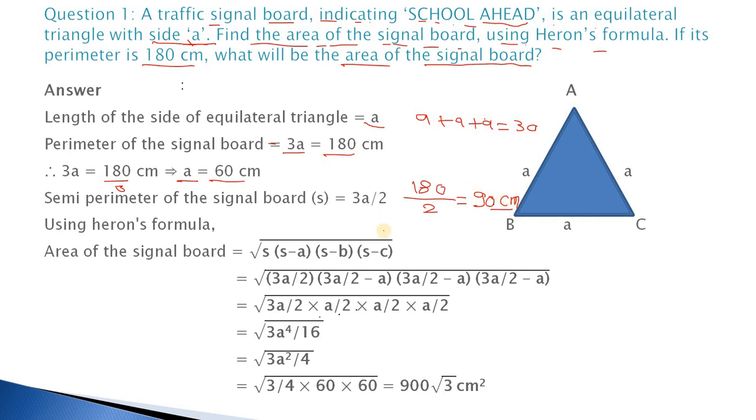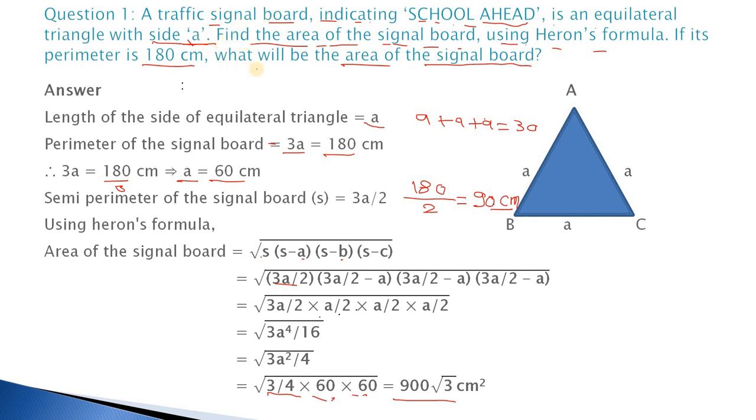Okay, we put the values of s, a, b and c in this formula, and using Heron's formula we calculate this. We get root 3 by 4 into 60 into 60, which is 900 root 3 centimeter square, the area of the signal board. Okay, we can solve this question with another method. The second method is: